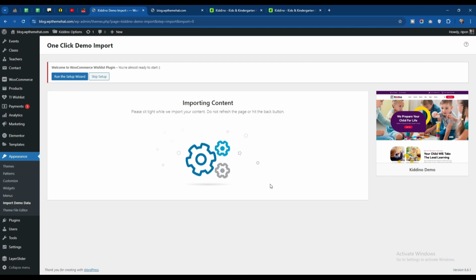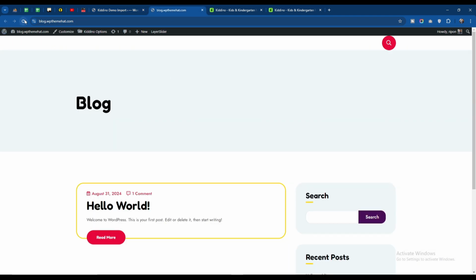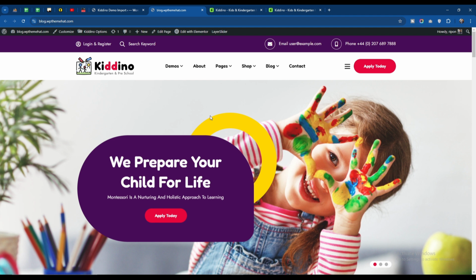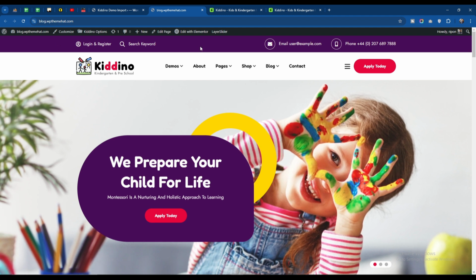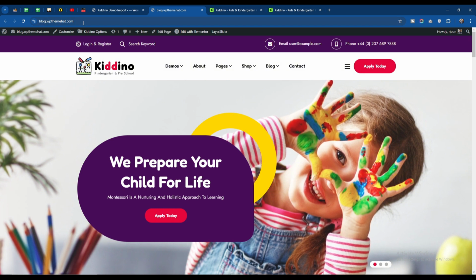Till then you need to wait. After waiting some time, the demo import will be completed. Now we will go to our live site and check how our website looks now. So we will go here and give it a refresh to see how our website is looking. So as you can see, this is the new website that we have